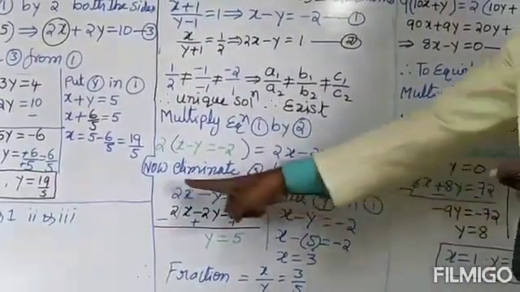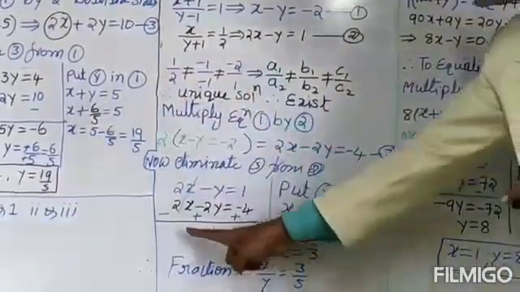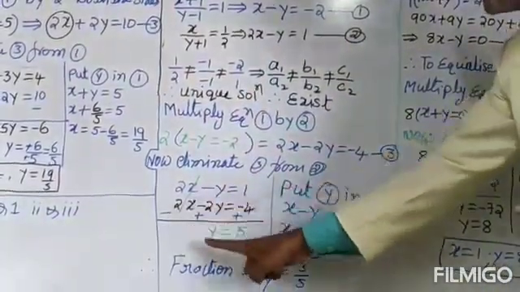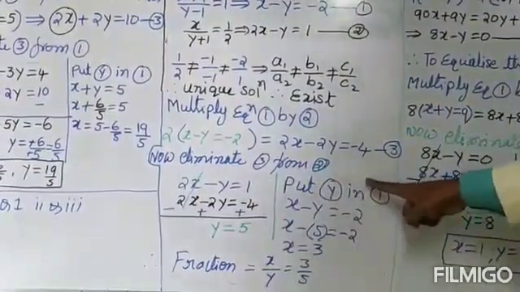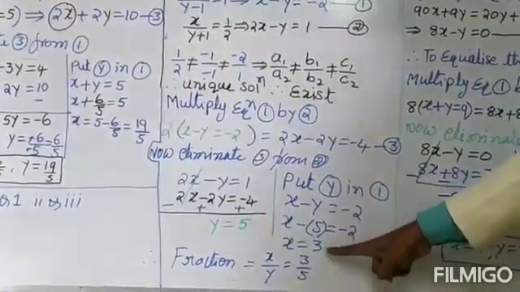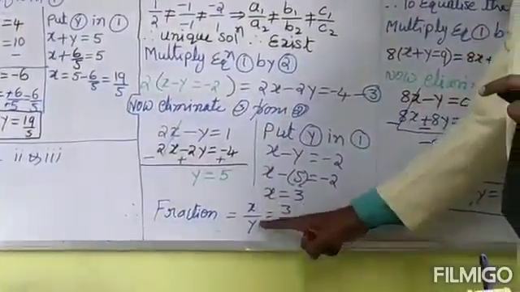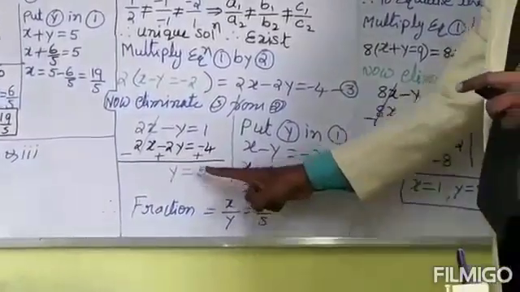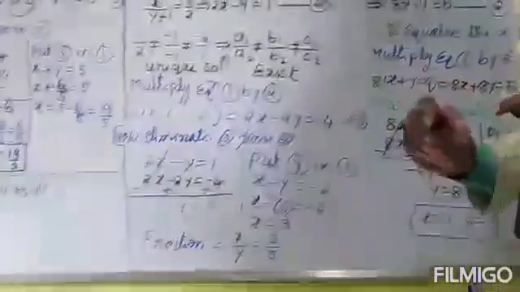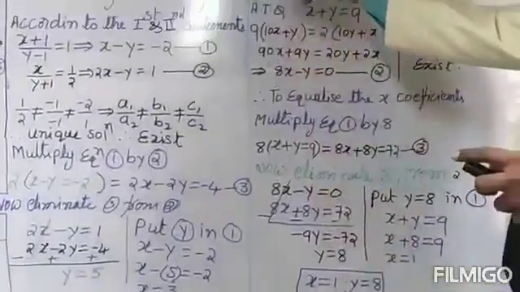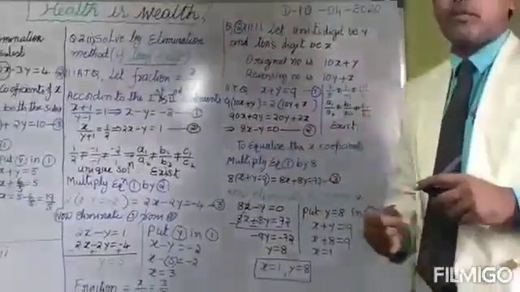So you eliminate 3 from 2 like in the previous question. By changing the symbols, it cancels. y equal to 5. Same as before, substitute the y value in 1. So you get the x value equal to 3. So our wanted fraction is x upon y. x value is 3, y value is 5. So x upon y equal to 3 upon 5. This is our answer. We go on to the same question, a variety question, it is the third question. Second, fourth and fifth I give as homework to you.